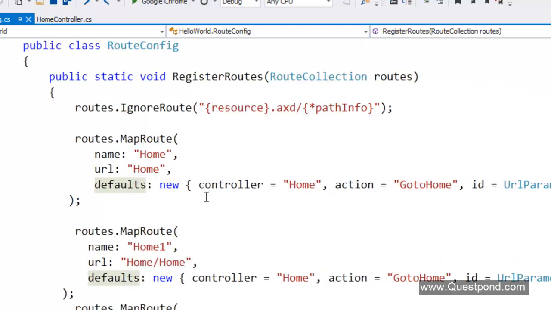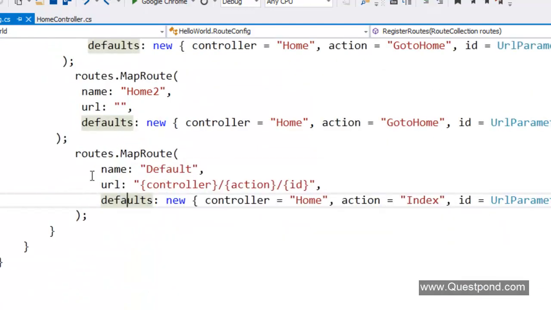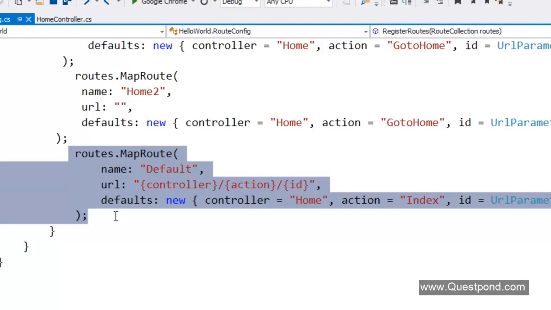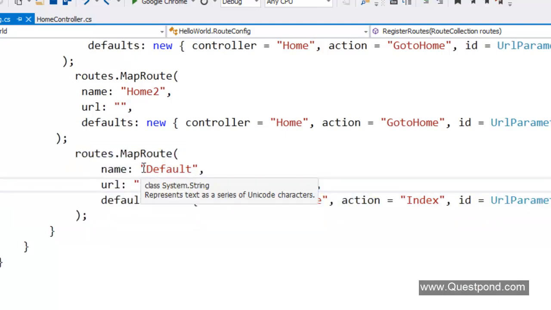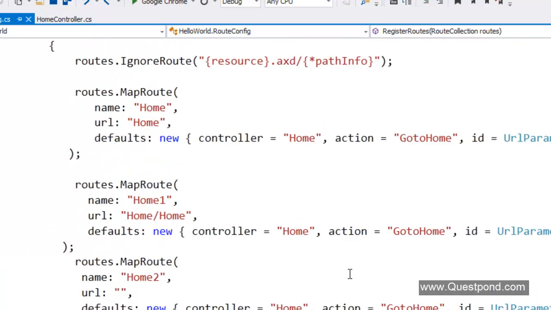Now I would like to talk about two important points regarding routing. If you remember, when we opened the RouteConfig.cs, this code was already present. What does this code say? It is an entry made inside the routes collection, where it says that by default you should invoke by the controller name and by the action name. So the first thing is, don't remove this code, because